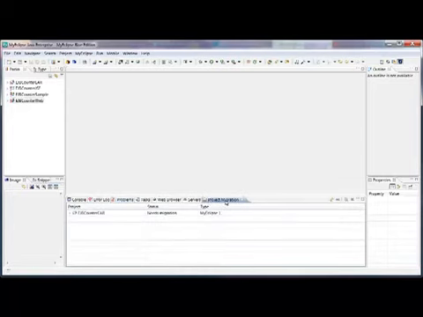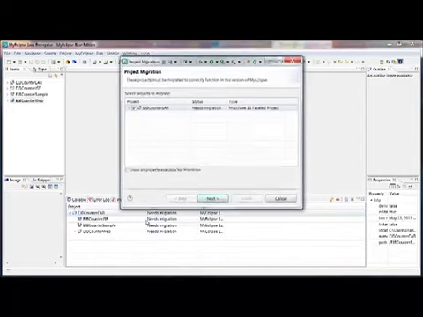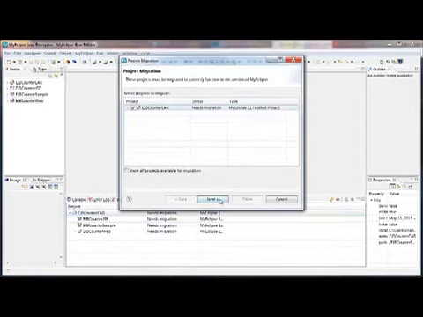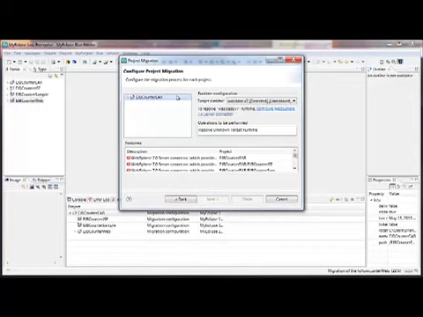Go to the project migration view. You can see it lists out the same set of projects. They need migration, and I'm going to right click and choose migrate. Migration wizard pops up. Click next, and you can see that it has shown me that this project is associated